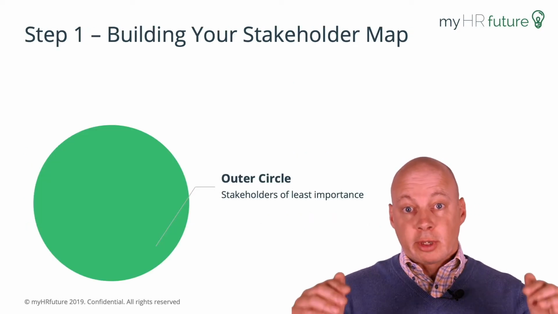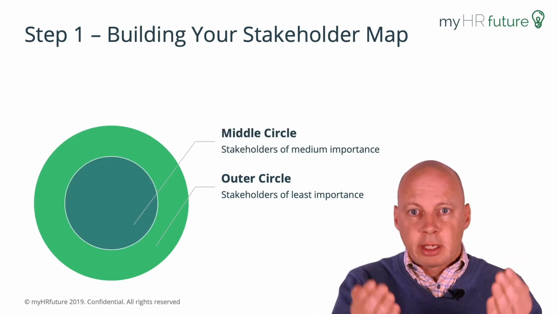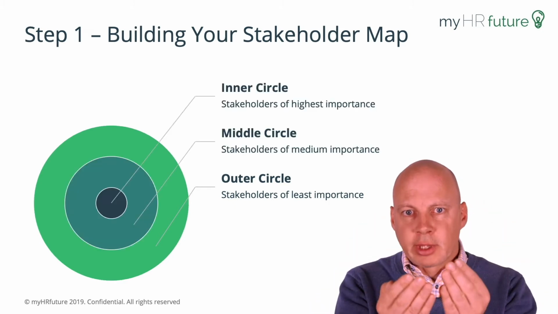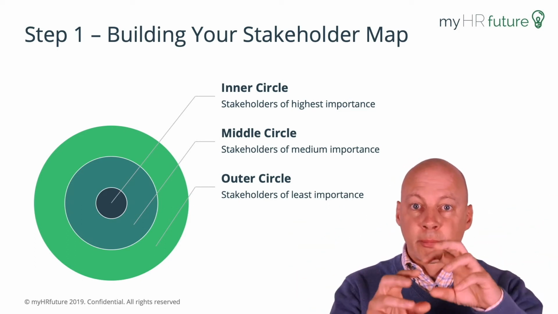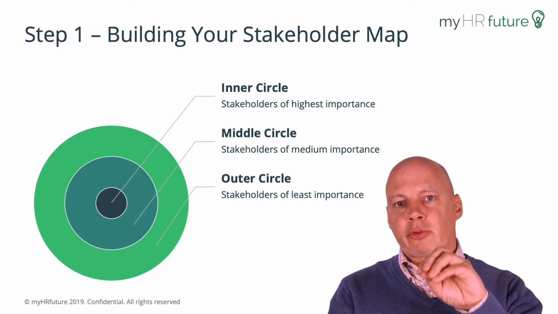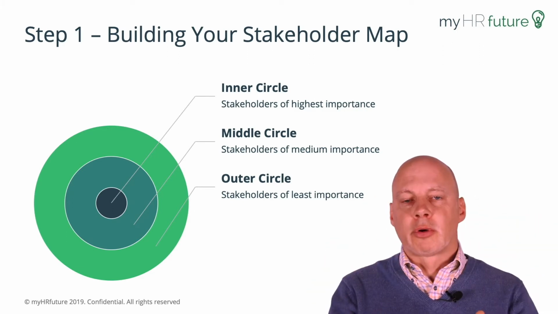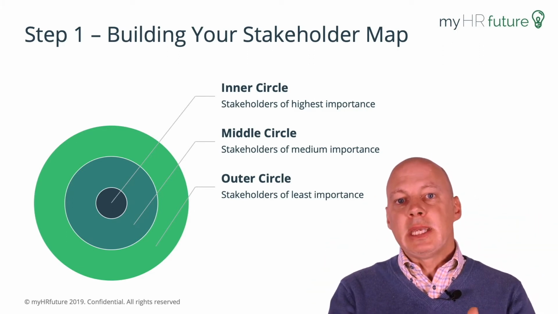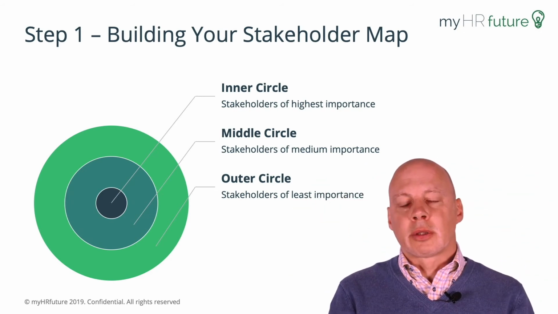The map itself is like a series of concentric circles. So think of an outer circle, and then inside is a smaller circle, and then inside that is a much smaller circle. So it's like a dartboard almost, or a bullseye approach. The middle bit is where we're going to put the stakeholders of the highest importance. The middle circle is where the stakeholders of medium importance go, and then the outer circle is where the stakeholders